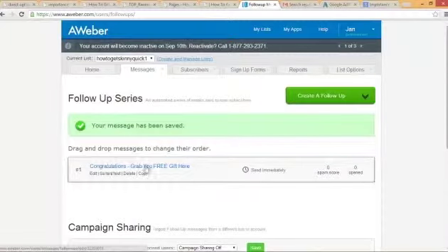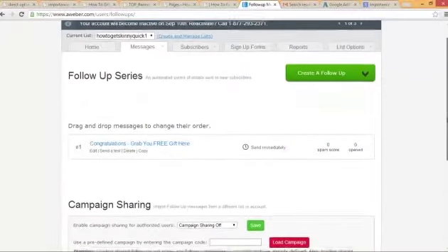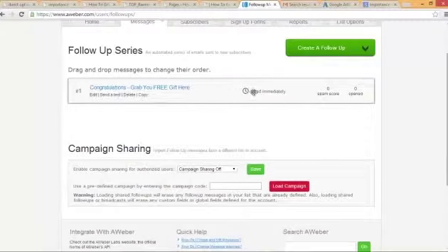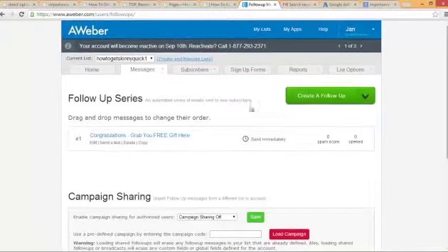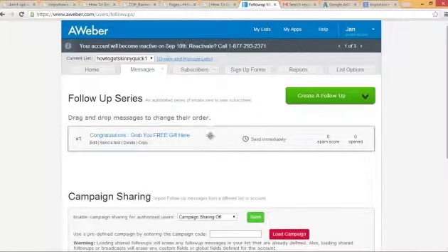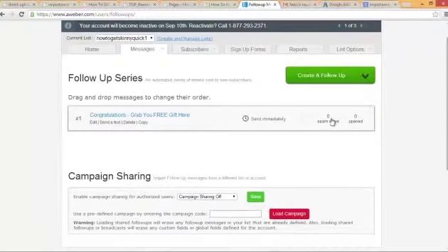So here is our first email, and Aweber assumes that it has to send it immediately, and this is always the case if it's your first email, because once somebody subscribes, they're going to get that email. Now when you add more emails, which we will also do, you have an option to send it a number of days after the previous one. And spam score is always good to check. Right now it's 0, which is perfect